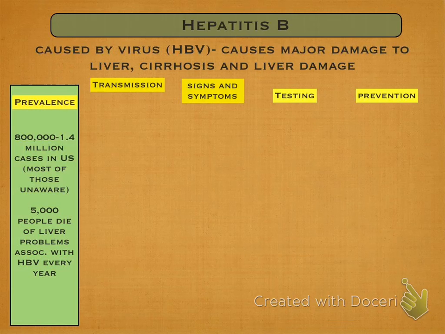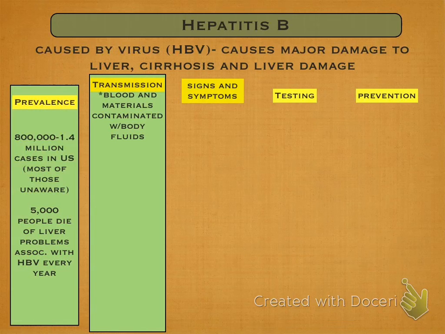One of the reasons not so many people die and we don't have as many cases is because the younger population has already been vaccinated. My age group did not get vaccinated. I didn't get it until 1991, but I was an adult. You got it as a child because it was already there for you. So some of the older population didn't get vaccinated against it.